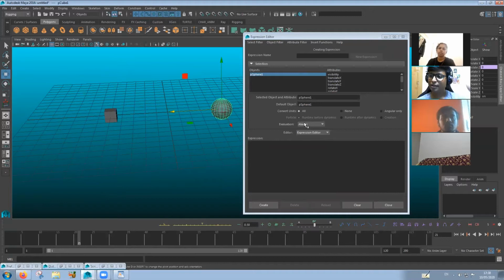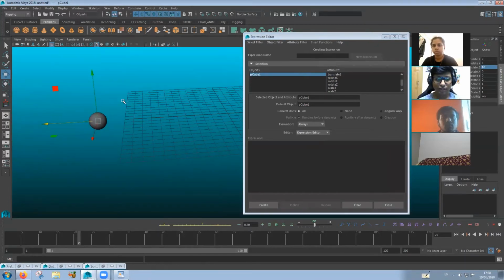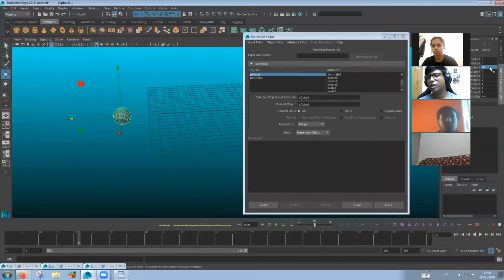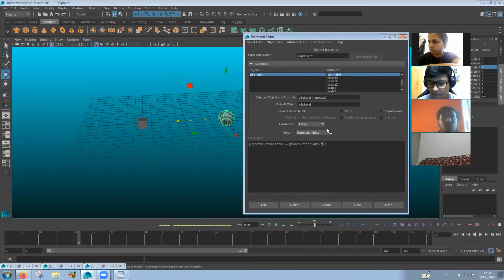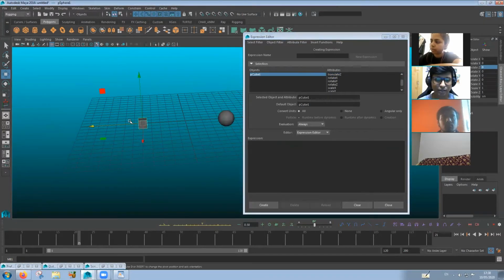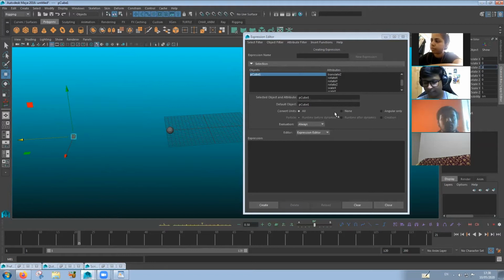What if I want to turn the effect into half, right? What then? So for example, if this is to move like say 10 units, I want the sphere to move only say 5 units, all right? So what we can do is just go to translate Z, all right? From multiply to make it to divide, all right? And edit. Now check it out. The more you move this, the slower that one moves, all right? It will always be half the value. So for example, if this is 30, this will become 15.